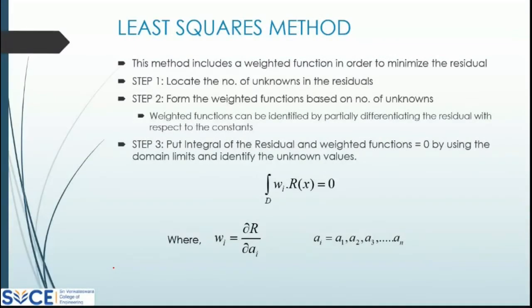The least square method is the same thing, but I am going to introduce one more term, wi. This wi we call a weighted function. So why do we introduce this? The reason is at a particular stage. Let me consider, we saw a mesh. Let me consider you have an object here which is going like this, and then you have a curve like this. If I mesh this in ANSYS or whatever software,